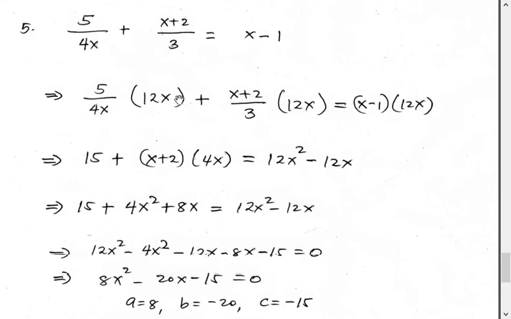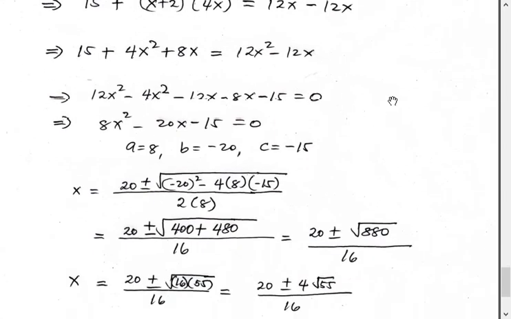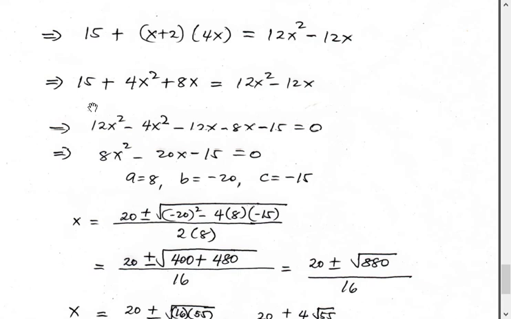Simplifying, we have x will cancel out. 12 divided by 4 is 3, so 5 times 3, 15. Plus, here, we have 12x divided by 3, that's 4x. So we just copy x plus 2 quantity here, then equals, expanding this, we have 12x squared minus 12x. Combining like terms, here, we have 15 plus, expanding this, 4x squared plus 8x equals, copy paste here, then we combine like terms,